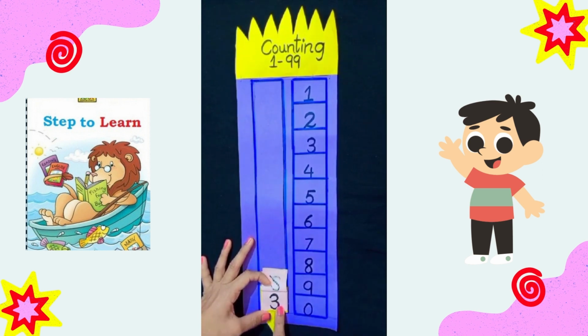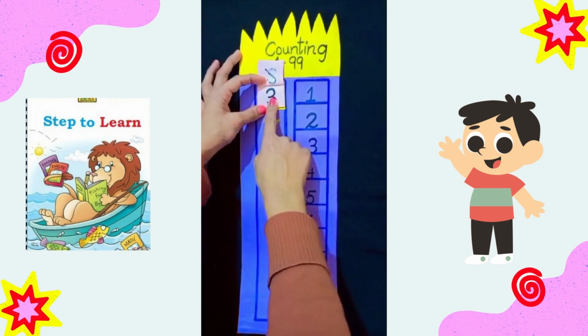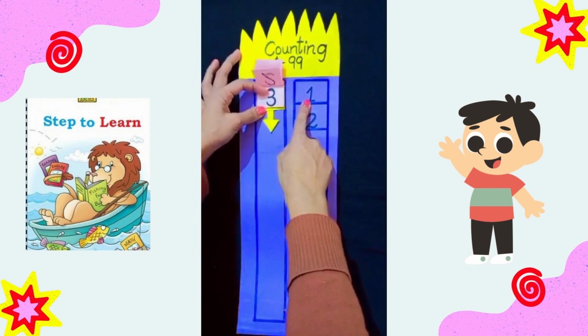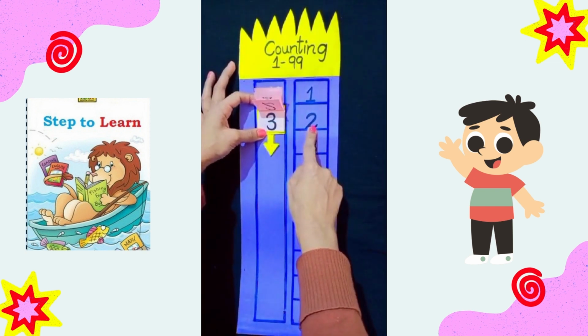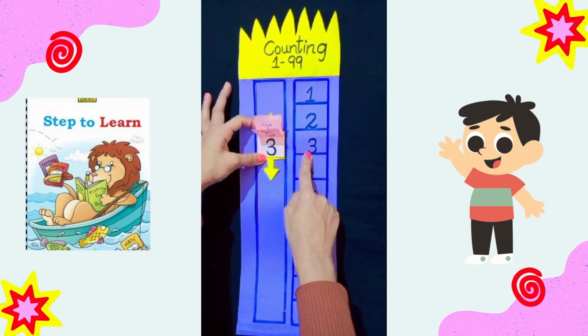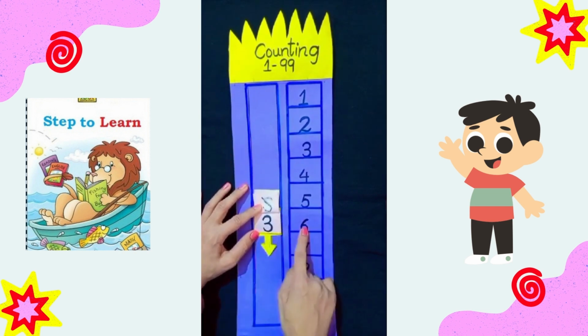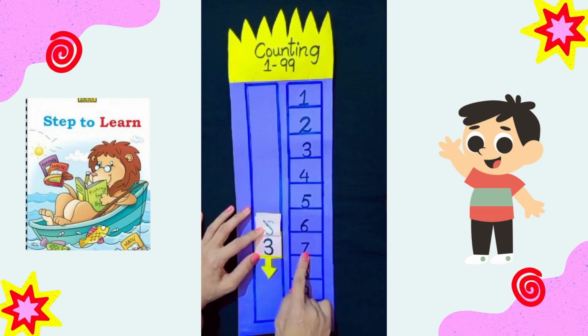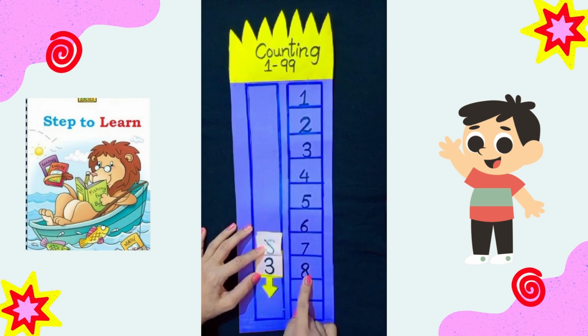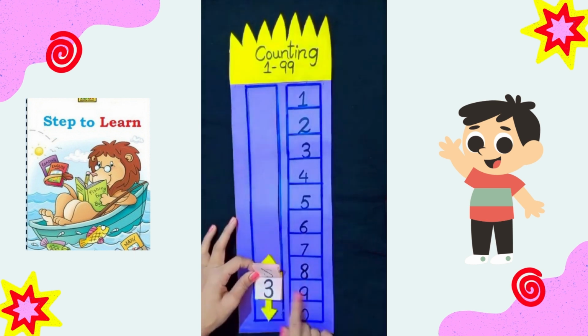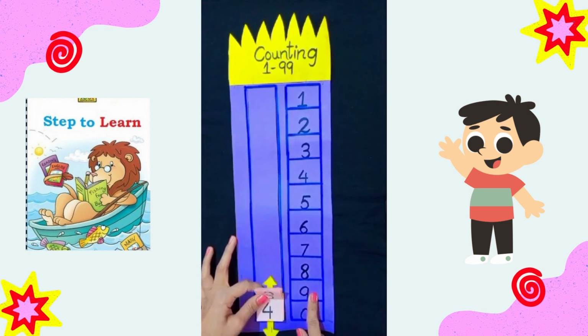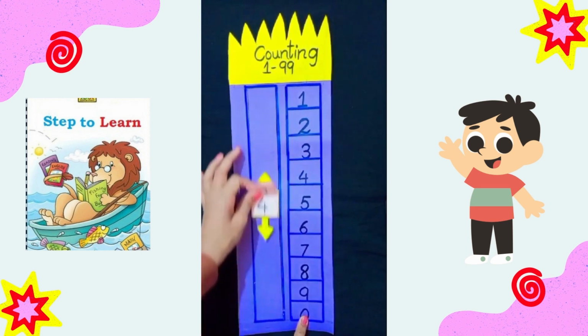Now we will use this page to count from 31. 31, 32, 33, 34, 35, 36, 37, 38, 39. And what comes after 39? Yes, we will turn the page and say it loud. 40, 40. Next, we will count from